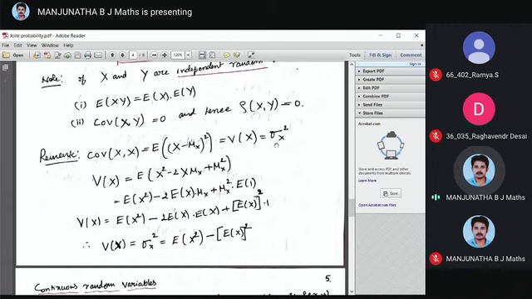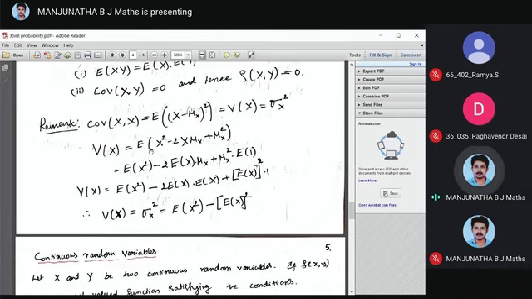Our variance of x is sigma x square. Variance of x is the expectation of x minus mu whole square, which expands as x square minus 2 x mu x plus mu x square, using the formula for a minus b whole square. Taking expectation, expectation of x square minus 2 times expectation of x into mu x, plus mu x square, because mu x, the mean, is a constant, into expectation of 1.